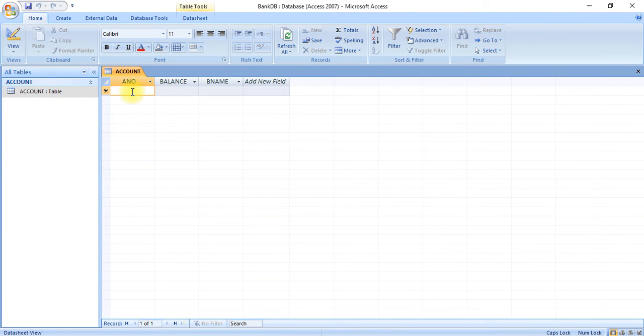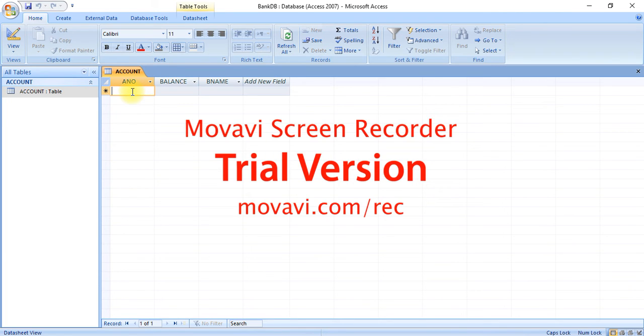Now one by one we can insert records here using the graphical user interface.